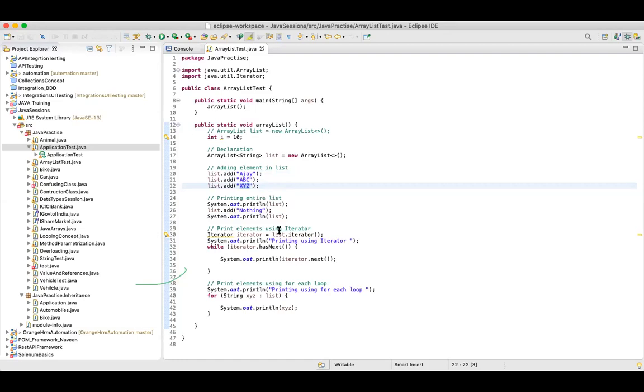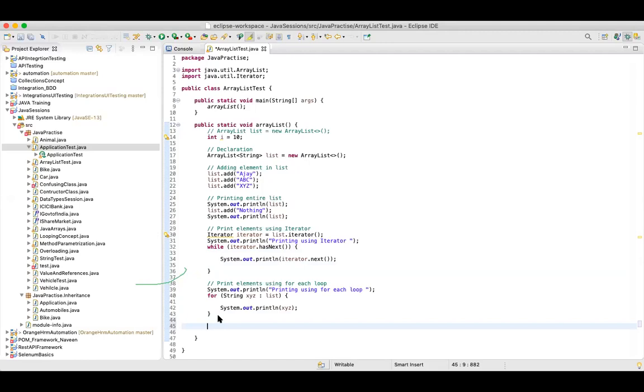Now let's say here I am printing the entire array list. In this line I'm printing the entire array list, and in this line, using a for loop or while loop, I'm printing each of the elements of the list. Let's assume I do not want to print each element, I want to get a specific element, at the 0th index.